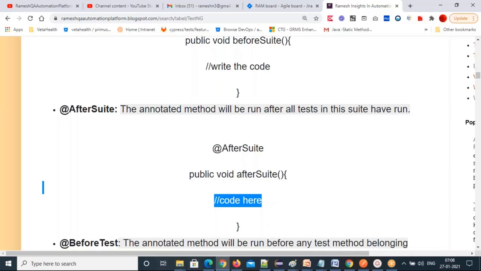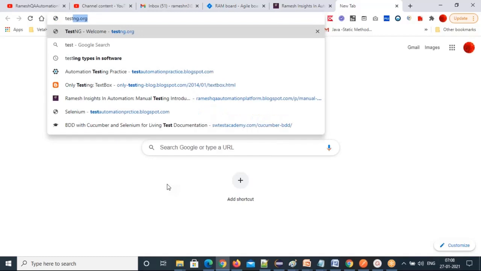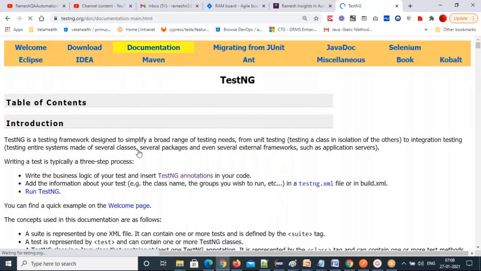Before talking about BeforeTest, I want to explain one more thing. There is a TestNG documentation, a very nice documentation. The testng.org website is there. You can go and understand this TestNG documentation.